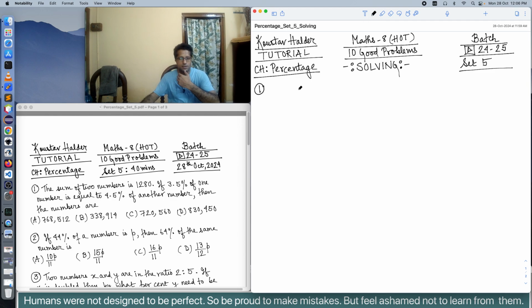The first problem says that the sum of two numbers is 1280. If 3.5% of one number is equal to 4.5% of another number, then the numbers are. Okay. The sum of two numbers is 1280. So since we know the sum,